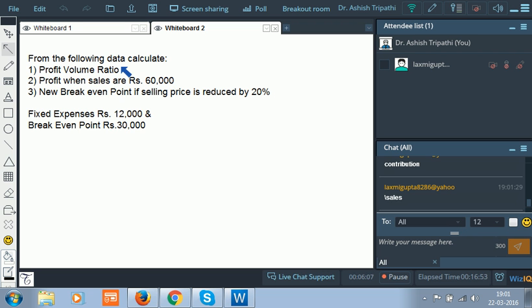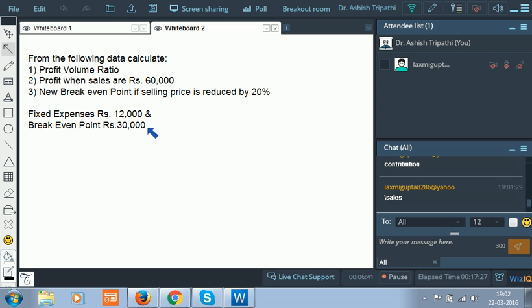Then how to calculate? There must be some information in this question by which we will be able to calculate PV ratio. Let us try to find out. We have only two information with us. One is fixed expenses, second is break-even point. Only with the help of fixed expenses we won't be able to calculate PV ratio. Break-even point,